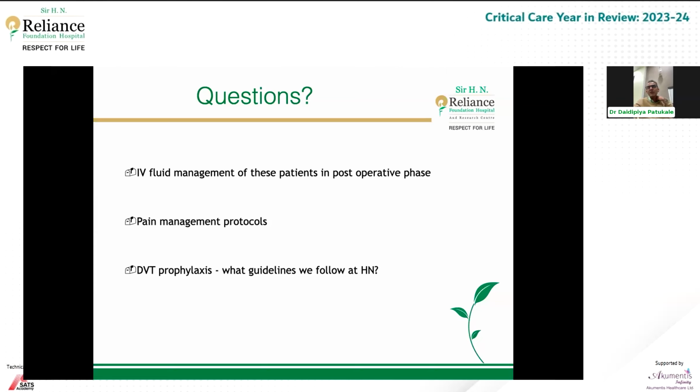Robotic surgery especially, we are worried because they are in Trendelenburg position for a prolonged time, at least 20 degrees head low, which does increase the possibility of DVT. But we make sure that their legs are not really above the level of their hip joint. So we try to bring them down a little bit. So I particularly don't follow